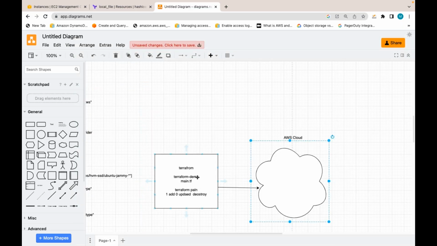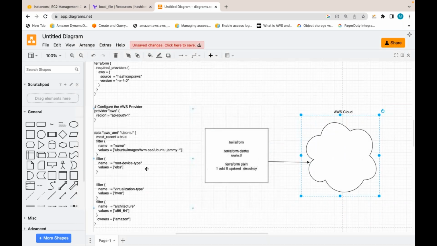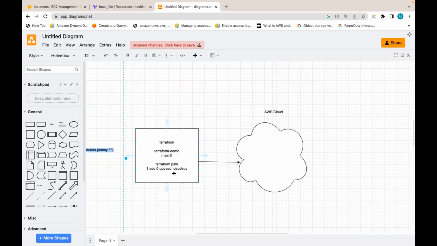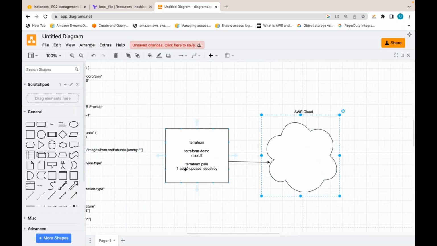So Terraform will come to know that as per this desired state, and since there are no resources actually in the real environment, we may need to create one resource, like that it will display. Then when you actually apply